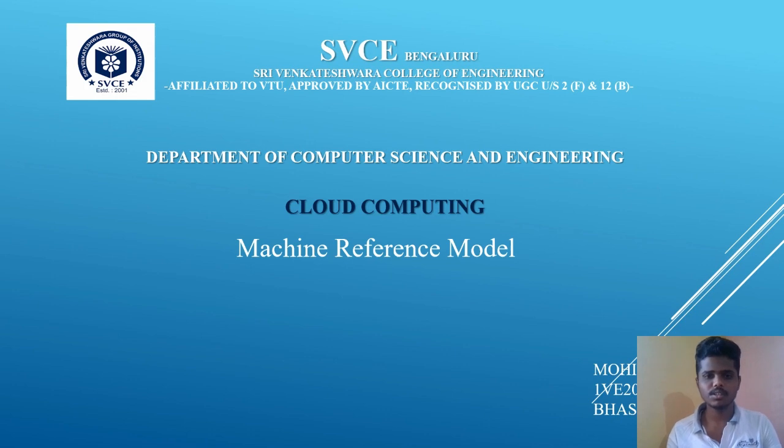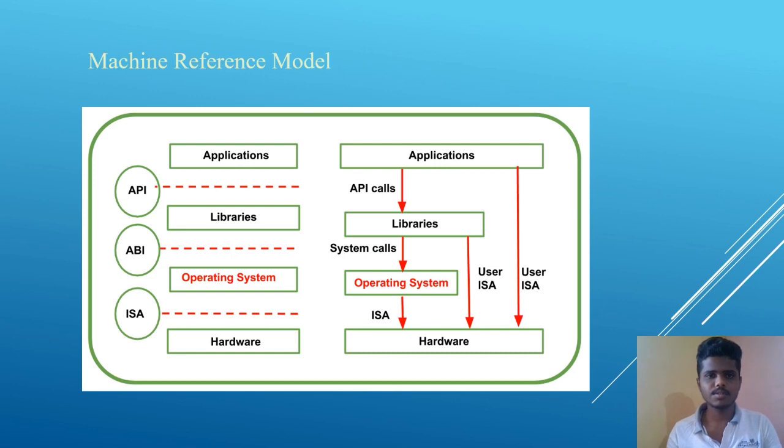So today's concept is the machine reference model. This is the structure of a machine reference model. So what is a machine reference model? A machine reference model is needed when an execution environment is virtualized at different levels of the stack of computation. It requires a reference model which defines the interfaces between the levels of abstractions. At the base layer, the model for the hardware is declared in terms of an architecture, that is an ISA,